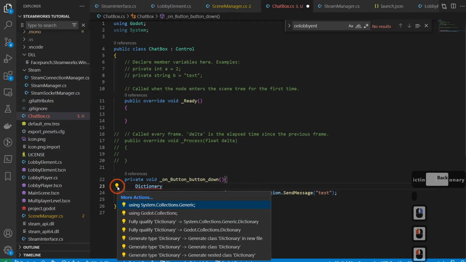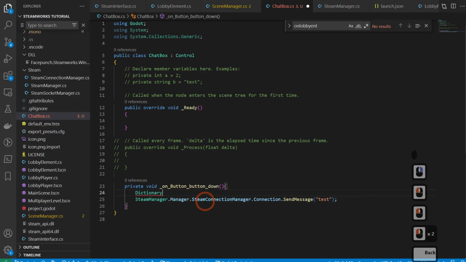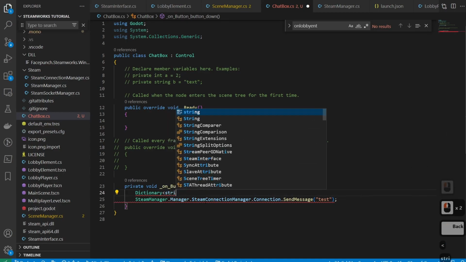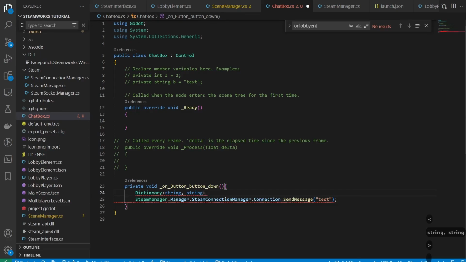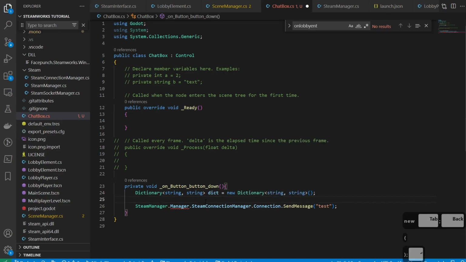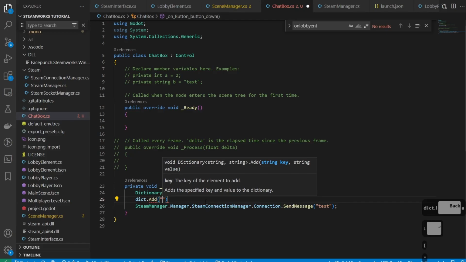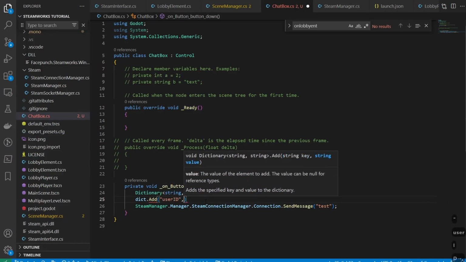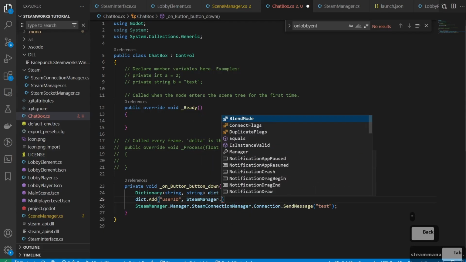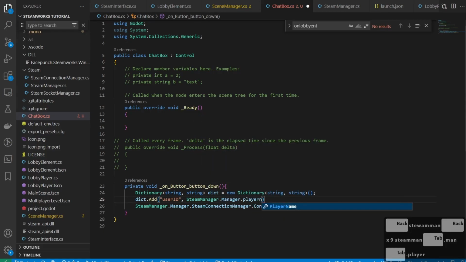Dictionary, and you'll see that it's not coming up. So we'll click this one, using System.Collections.Generic, and we'll make it a type string, comma string, and we'll call it dict, and then we will say it is equal to a new Dictionary string, comma string. There we go. And what we'll do is type dict.Add, and for our first value, we will say "UserID", comma, and the string value will be SteamManager.playerName, and that will pass our